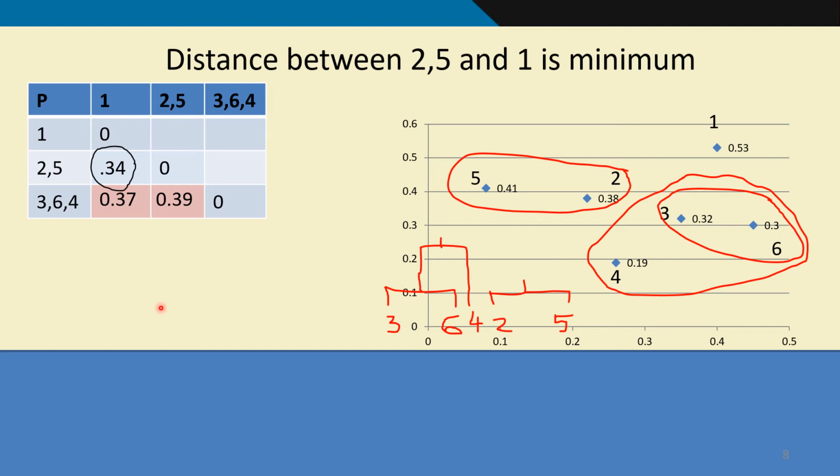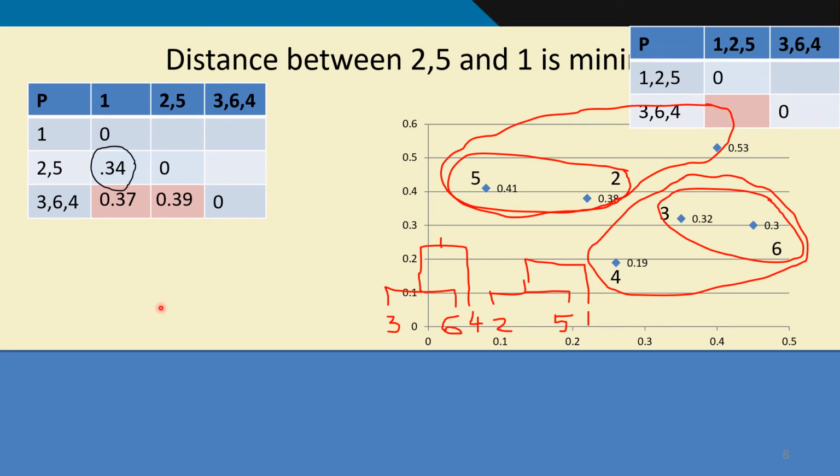This was the dendrogram in the earlier slide. Now we have to combine 2, 5 with 1. So this is how the latest dendrogram looks like. So the 2, 5 cluster has to be combined with 1. This is a new cluster that is getting created. So the latest updated distance matrix would have 1 and 2, 5 combined into one. So 1 and 2, 5 together.